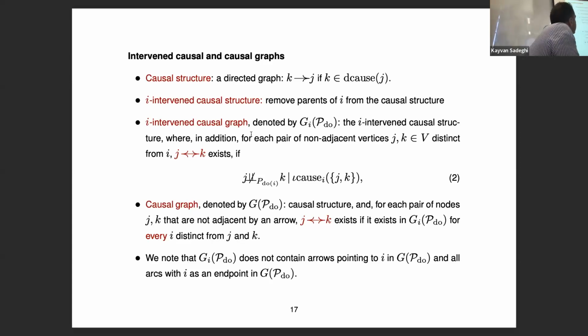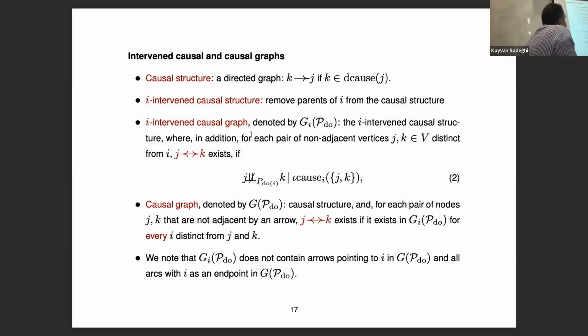So we look at this formula, and if this holds, we know that these are dependent, we put an arc between J and K. So this indicates existence of some latent variable, basically. I can show that. And that's why we put an arc between J and K. Okay, so